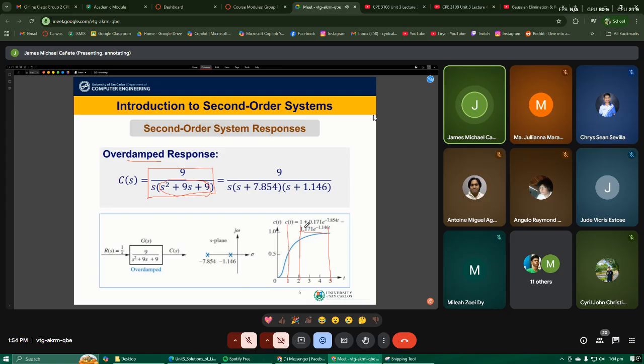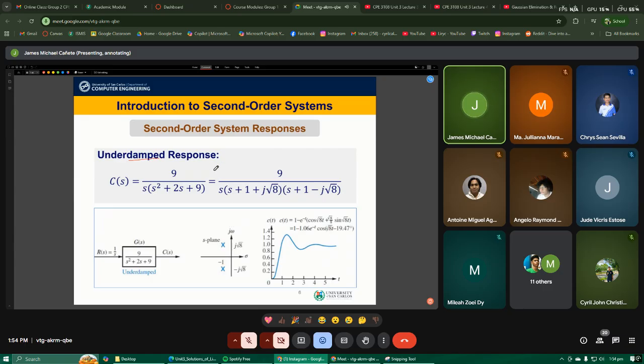When we solve for the time response, in other words, perform the inverse Laplace transform, it is easy because the components are real. We'll find some numerical value for the residues, but the important part here is the exponential terms. When we have two exponential terms, one positive and the other negative, we will get this type of response. This is called an overdamped response. I will explain why damped is a key word in classifying the type of response in second order systems. The overdamped response is very close to first order systems.